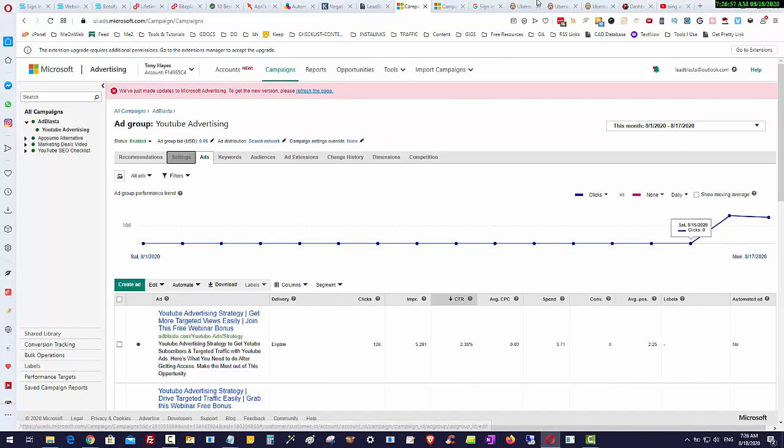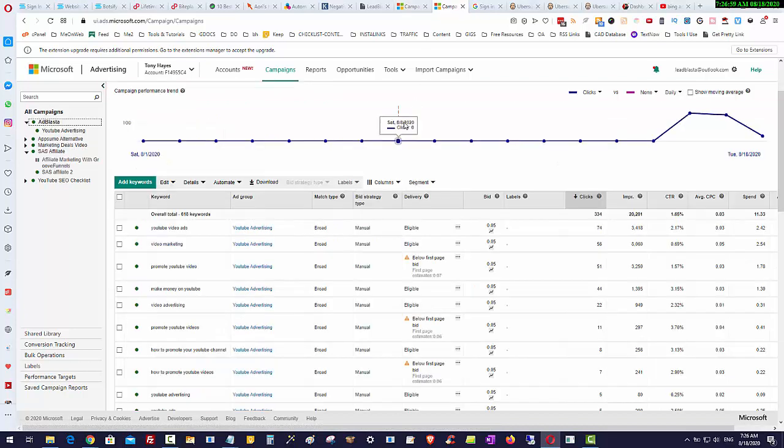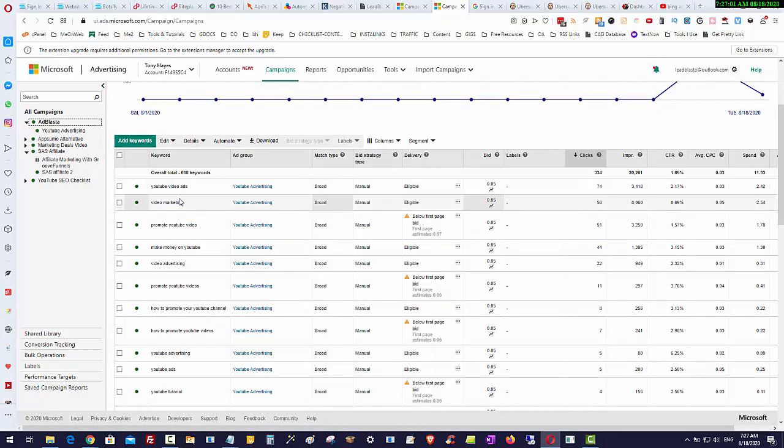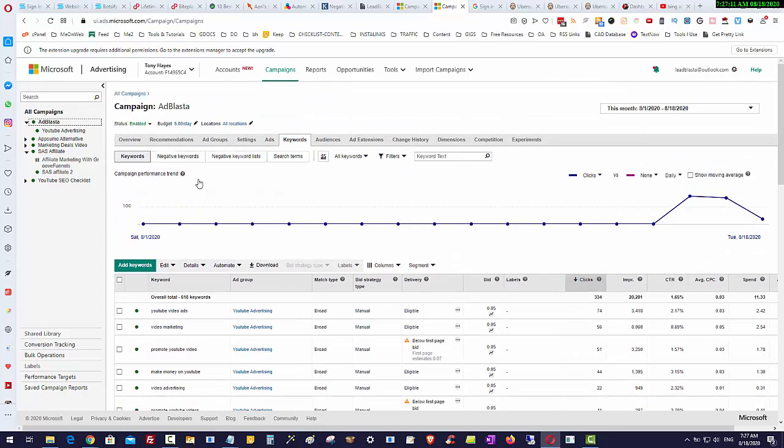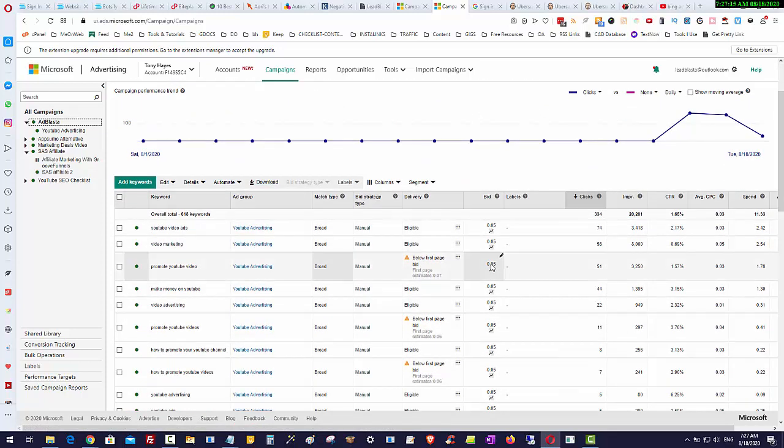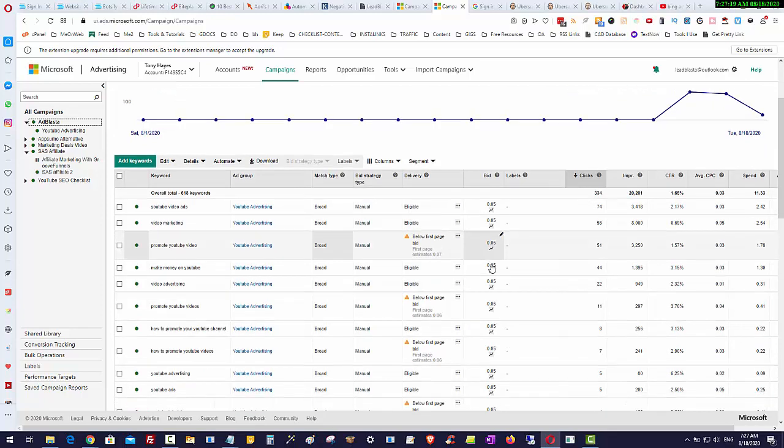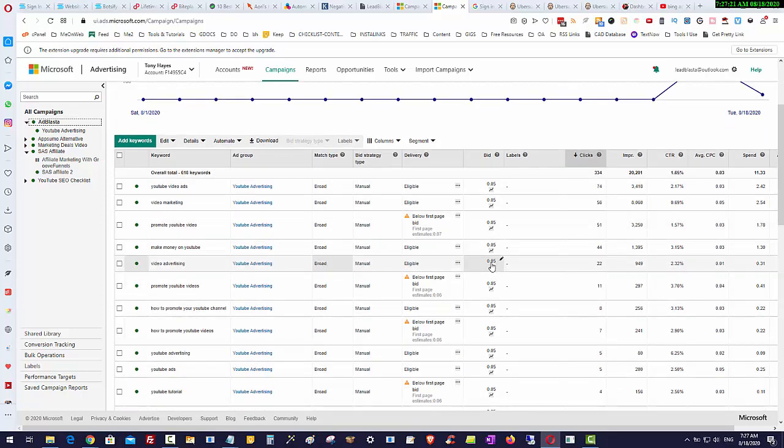you can see I've started to get my clicks, etc. But when we come down, I'm looking for commercial intent keywords. Look at this one here, make money on YouTube. Okay, make money on YouTube has got 44 clicks so far at 3 cents per click. Okay, now if I just tighten this up a little bit and I want to find the keywords that are make money on YouTube, but I want the phrase match and I want the exact match,